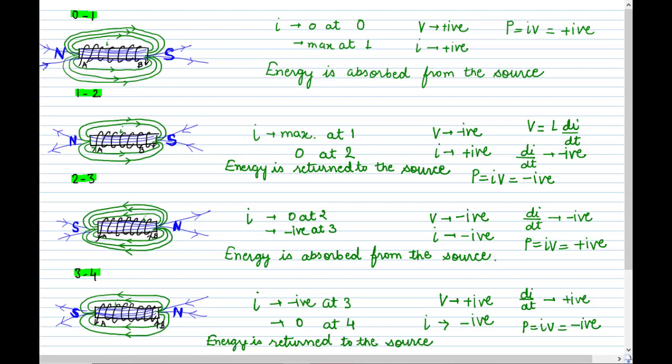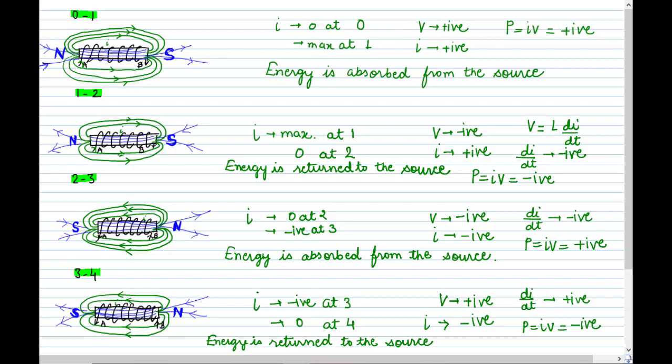So if you see overall, then here the current is entering from point A and coming out from point B. There is a flow of magnetic flux lines and the core is getting magnetized and the energy is taken from the AC current source. Now from cycle 1 to 2, the current is decreasing, current becomes 0. So our core starts getting demagnetized and whatever is the energy absorbed is returned to the source